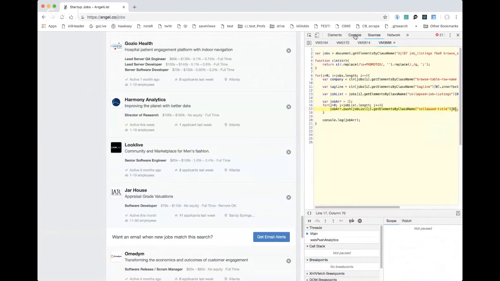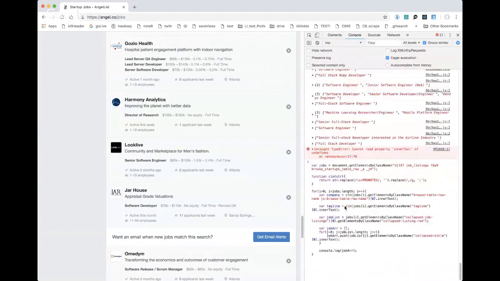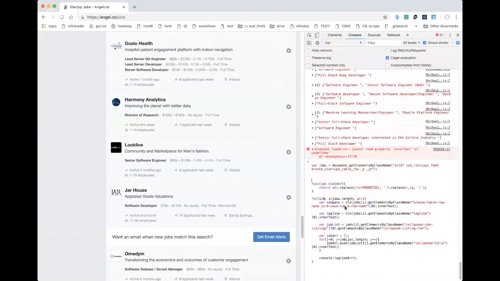Hmm. All right. Well, let's just write a function that'll check against that for now. I don't know what's going on, but